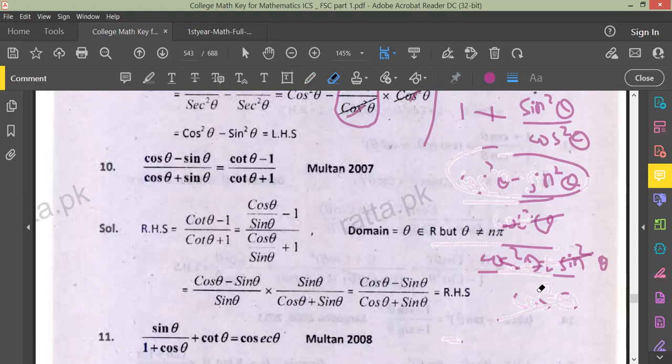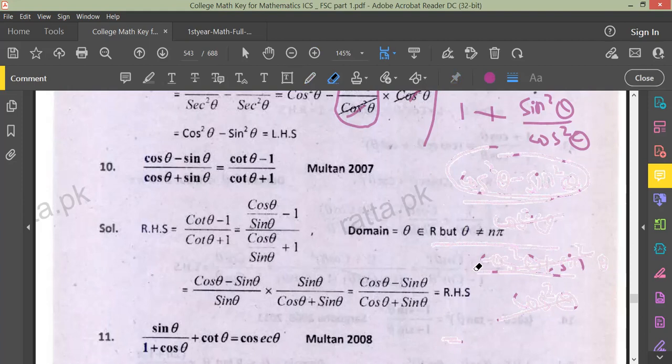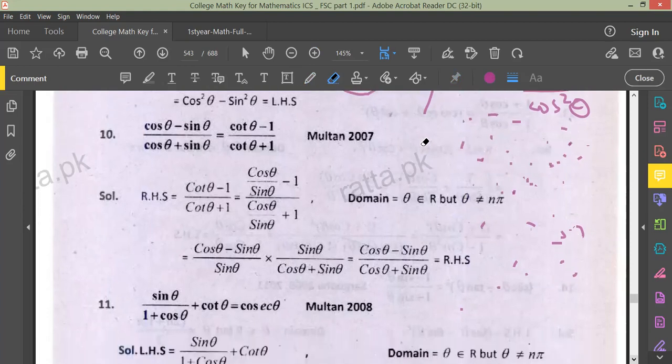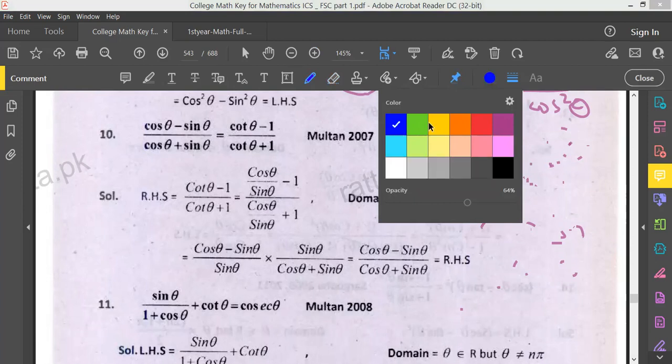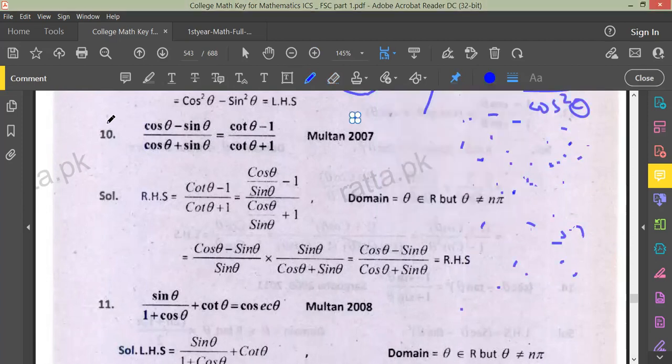Question number 10 is written as cos theta minus sine theta over cos theta. Here, this is question number 10. Cos theta minus